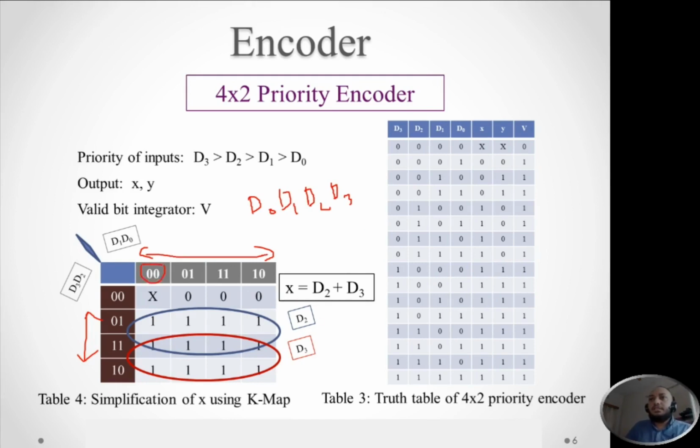From the first state to the second state, we see that D0 has changed from 0 to 1, so we can't write D0 because it has already changed once. Then from the second state to the third state, we see that D1 changed from 0 to 1, so we can't write D1 either. And the blue group covers these two rows, and in these two rows we see that the state changes from 0 1 to 1 1, so we can see that D3 changes from 0 to 1, so we can't write D3.